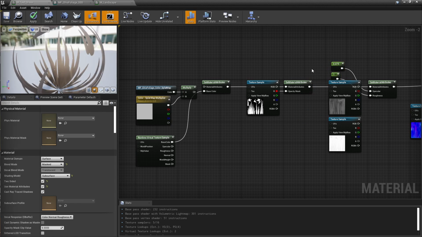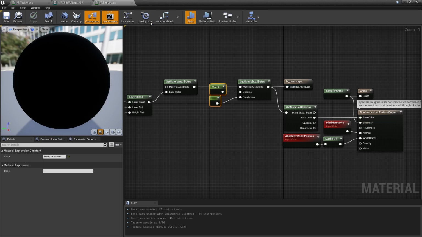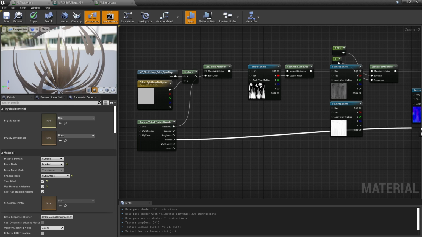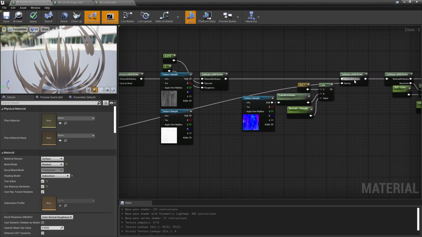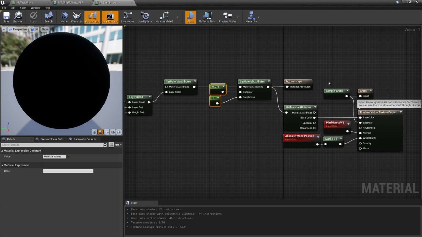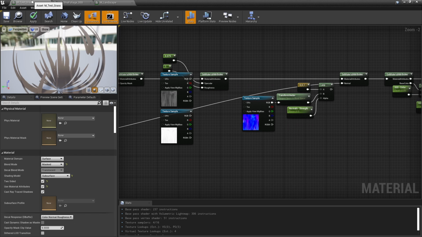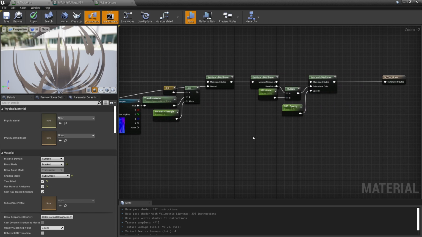For the normal, well, I'm writing the landscape pixel normal in that RVT, so it's already in world space, and I can just use it as is, right? Because this material expects world space normals. At that point, the only difference with the landscape is that it has an opaque material and the grass has a subsurface material, and so that might give the grass a different look still, and it might not perfectly blend